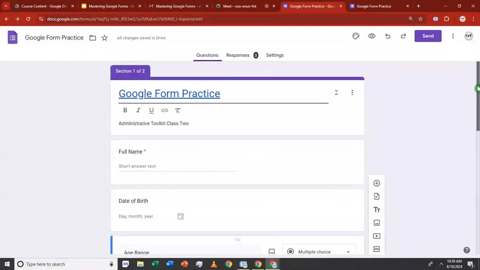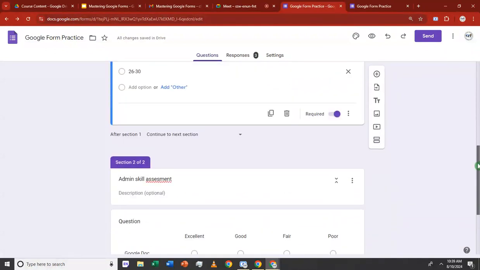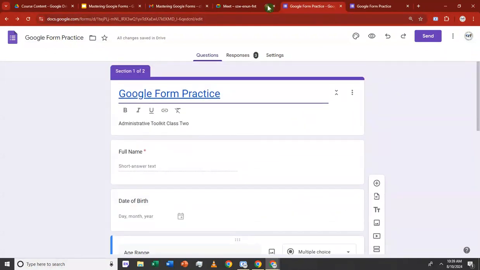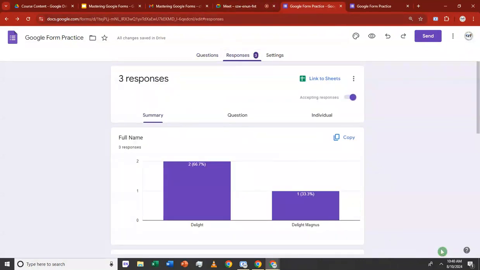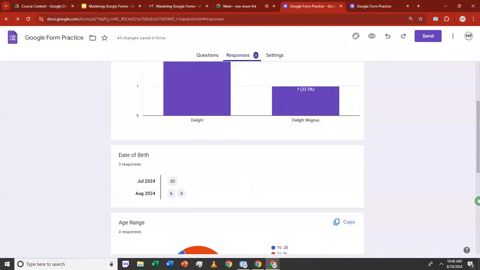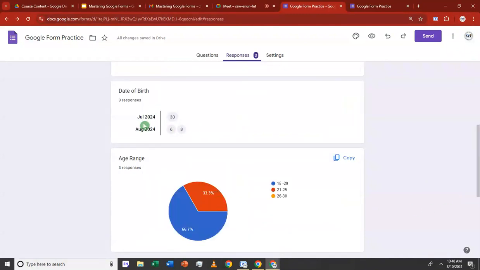And so, sections. I don't know if you've noticed before, but we'll do it here together so that I can actually see. So I want to add a section. This is section 2. That means when I'm done filling these ones here, I'll start filling the next set of questions. So we have name, date of birth, age range, and a new section. In this new section, you can put a title and a description. So let's just say